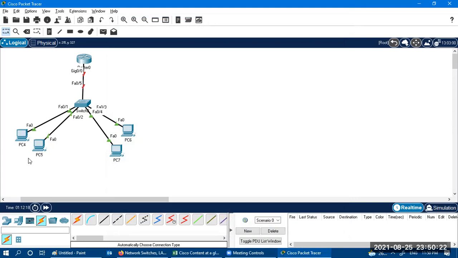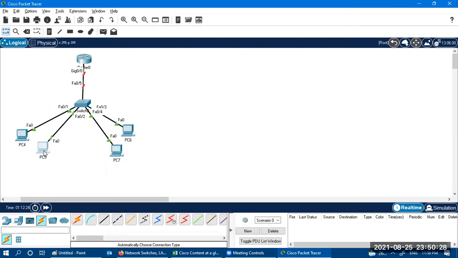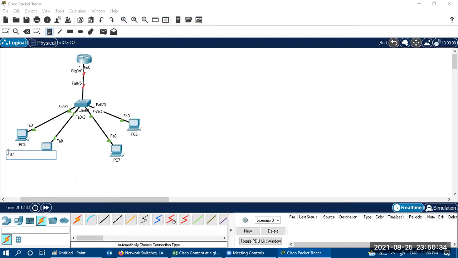So these are the IP addresses that I have defined. Let me mention those IP addresses over here. This is 10.1.1.1/24 and my default gateway is 10.1.1.100.